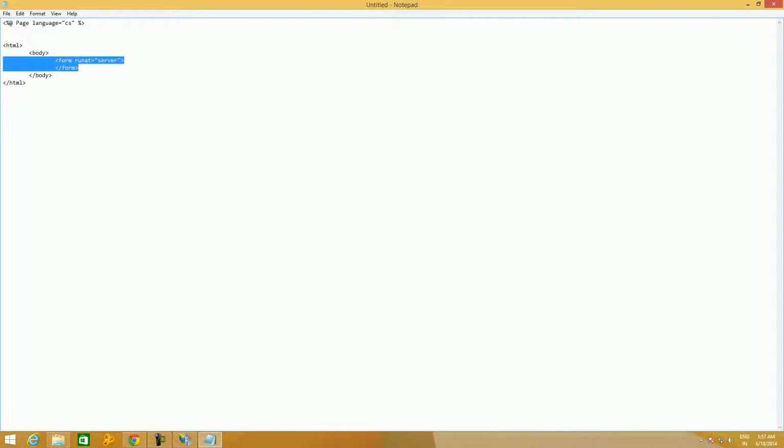We mentioned this point and we'll mention it again: in an ASP.NET file there can be multiple form tags, but only one form tag can have runat equal to server. So we have written one form tag with runat equal to server. I am not specifying any ID because ID is optional. Moreover, I won't access the form tag from the server, so I won't give any ID.